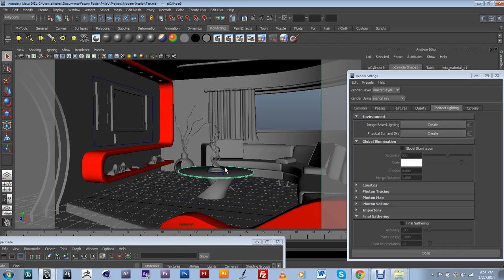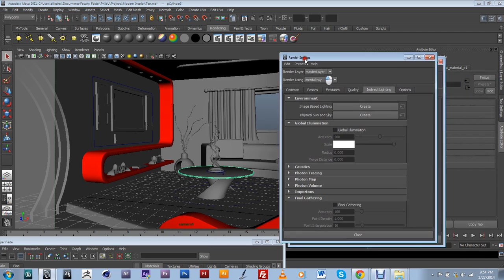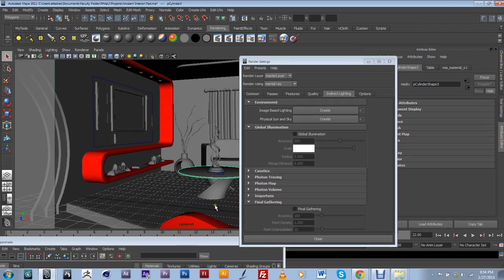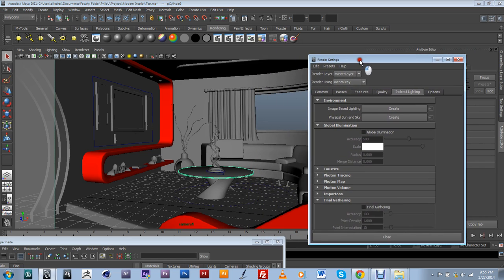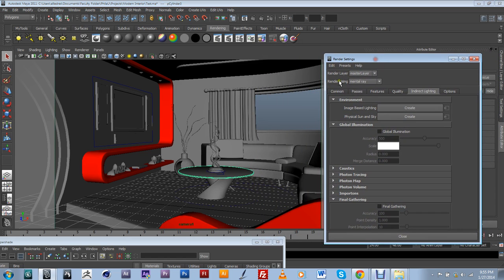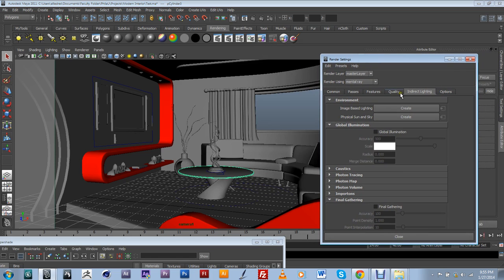Alright, so besides being able to create a light inside the interior, and for that light to create the photons and create indirect illumination, having the particles travel from our light and bounce into our objects and reflect that illumination onto other surfaces, Maya has a physical sun sky feature for lighting exteriors. It's a pretty easy thing to set up, because you basically have to be in your render settings, go into your indirect lighting, and just click on physical sun sky create. So when you click on this,